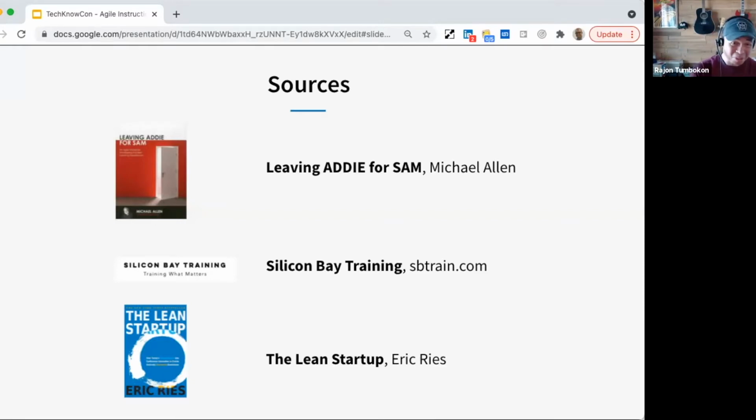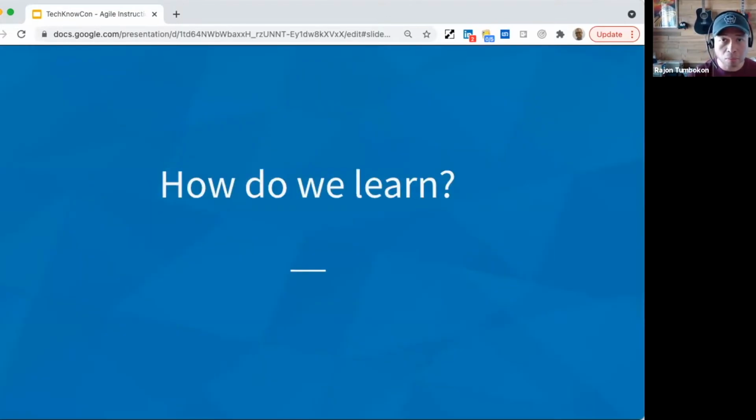I'm also going to quote some content from a book that gave me a good perspective on what Agile really means in a practical sense. That book is The Lean Startup by Eric Ries. I'll refer to those books as we go on.